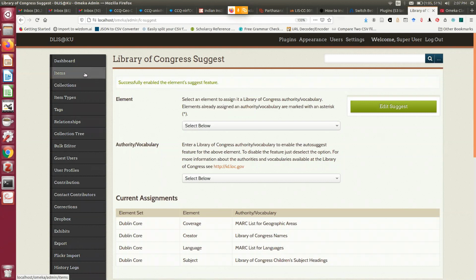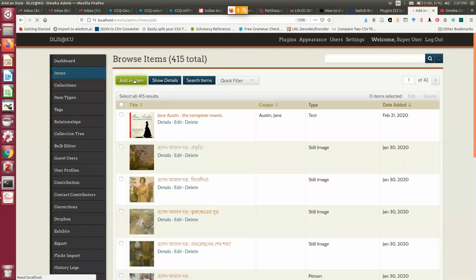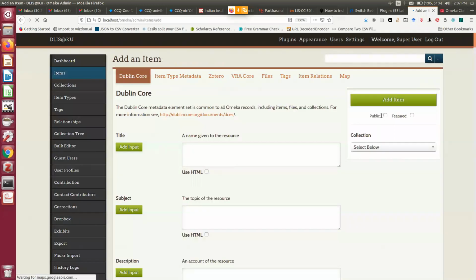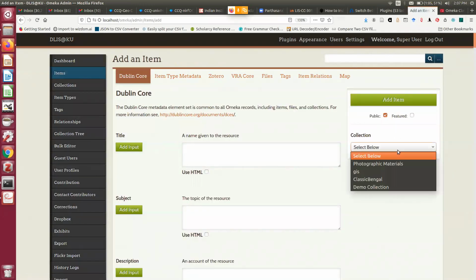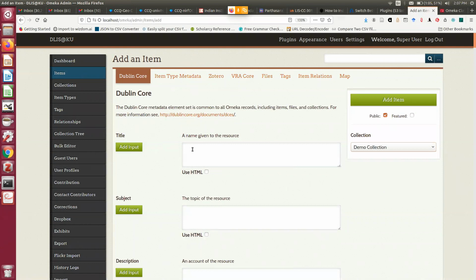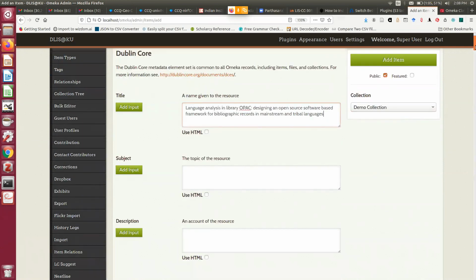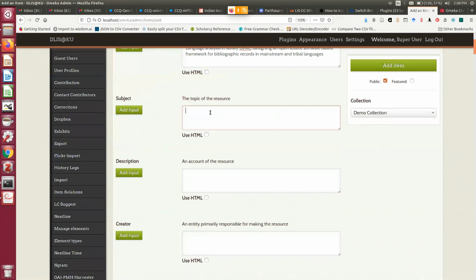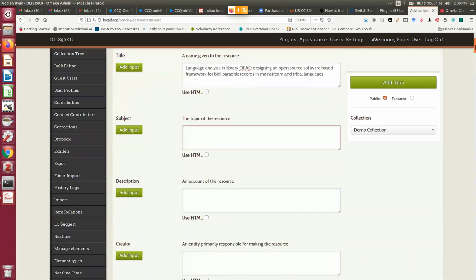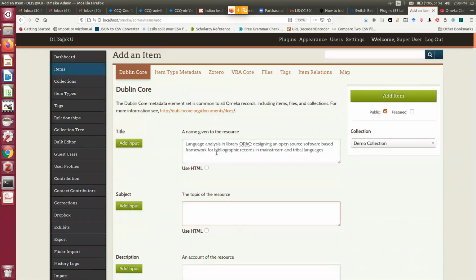Now I am coming back to item again after this happened. So I'm adding an item, just like it's public, it goes to the demo collection. Now the title I have already copied earlier. Now suppose I am going for dc.subject. Now this is basically related to language analysis in library OPAC.